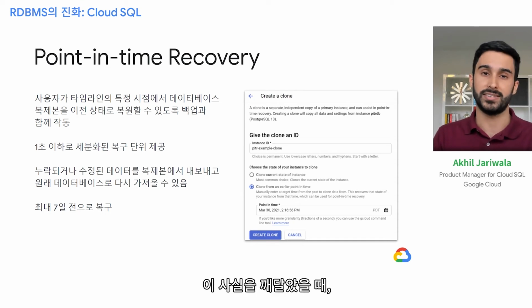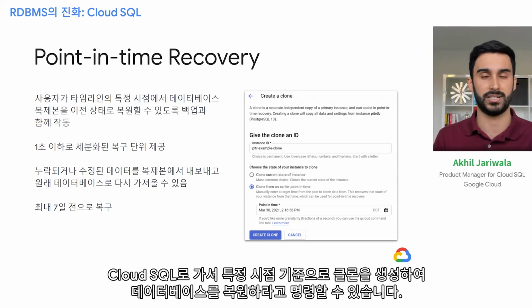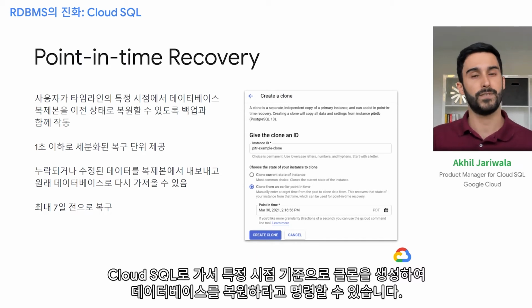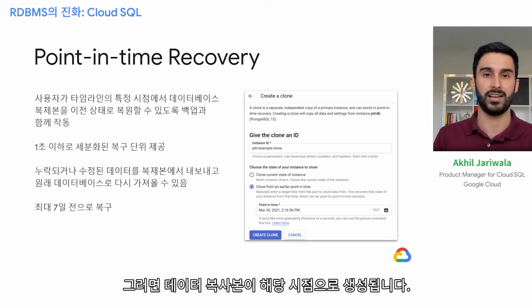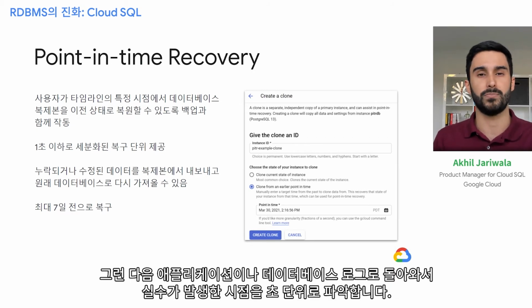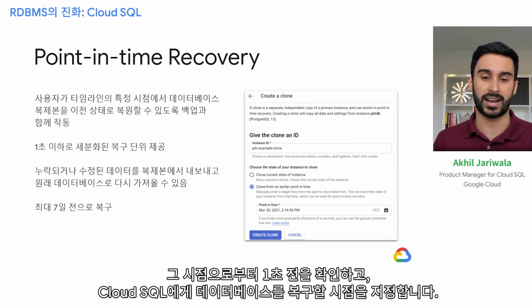When I realize that this mistake has been made, I can go to Cloud SQL and tell Cloud SQL to recover my database by creating a clone that is fixed to a particular point in the timeline. So the copy of the data is fixed to an earlier state. I can then go back to my application or the database logs and determine at what point in time, down to the second, did the mistake occur. I can take 1 second away from that